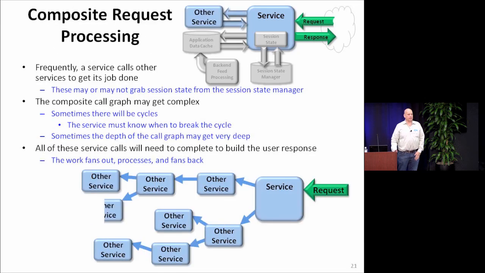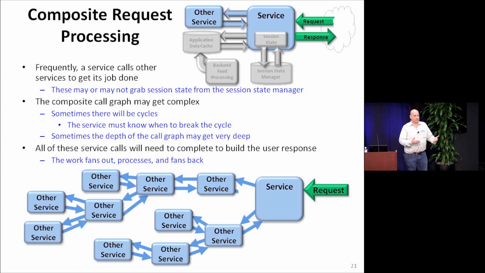Composite request processing. This calls this, calls this, calls this, calls this. How do we do that in order to give back the answer to people that is going to allow us to piece things together? In many of these websites, you can see hundreds and hundreds of calls before you get back the answer. And in some cases, they piece it together out of the HTML, and you can watch the answer coming back together on your screen as different services have answered at different times with different responsiveness.